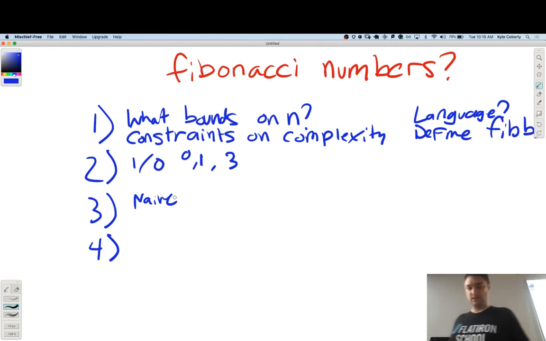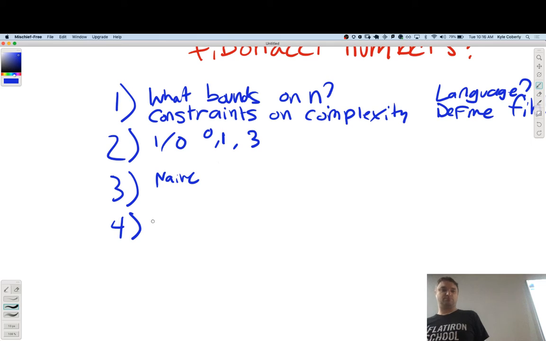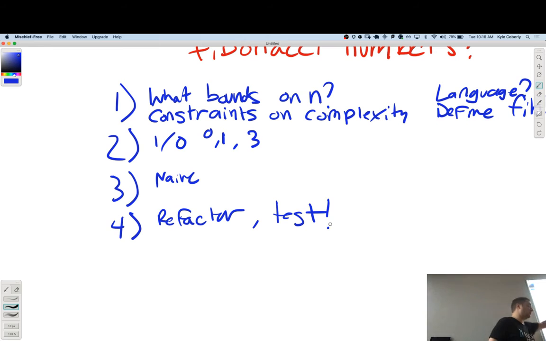It's fine. Get it working and then try to make it better, which is probably part of this step. So we want to refactor in here. And what else do we want to do in step 4? Test it. Probably do that first, actually. So we want to test with our IO table.